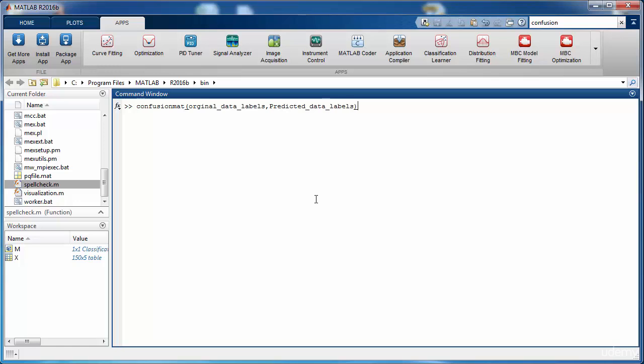So we need to pass to it these two pieces of information. That is the labels or the class names for the original observations for which we are trying to compute the confusion matrix, and then for those labels, what are the predictions? The predictions can be returned from a certain classification